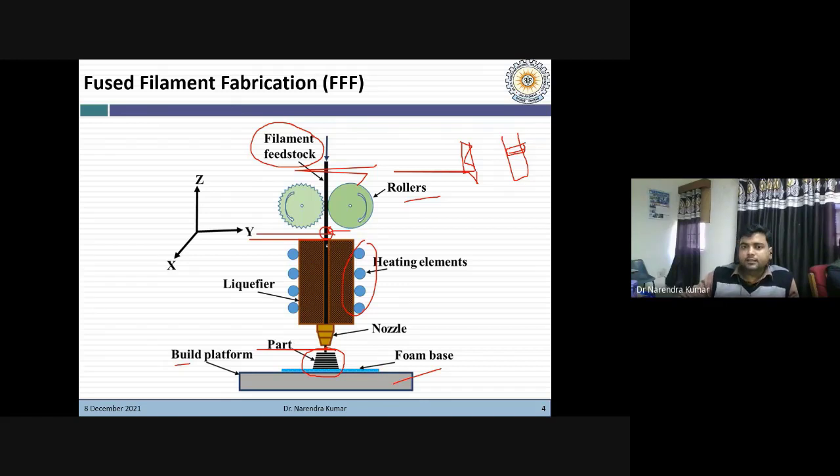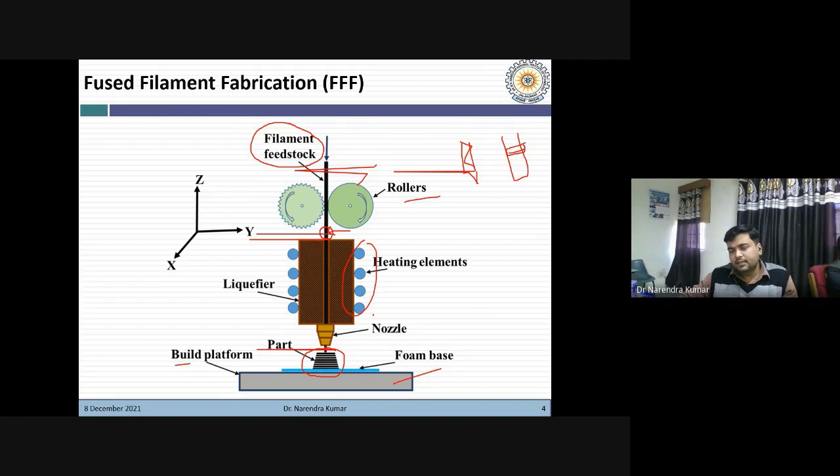So indirectly, we are using a plunger-based mechanism to extrude the material. We don't use any direct form of piston or plunger here. The filament acts as the plunger or piston. That's why we are able to extrude material from the nozzle.